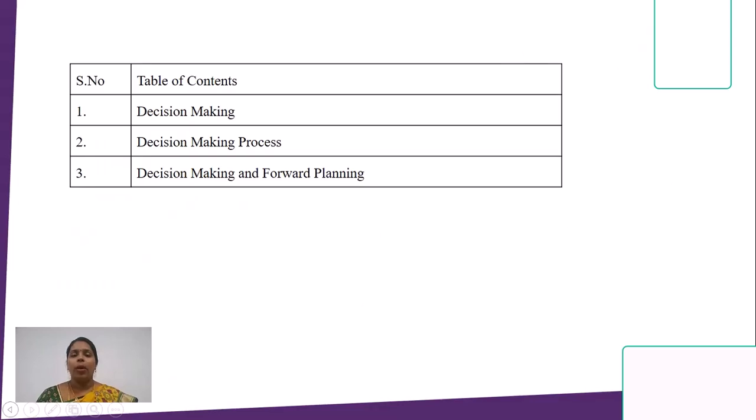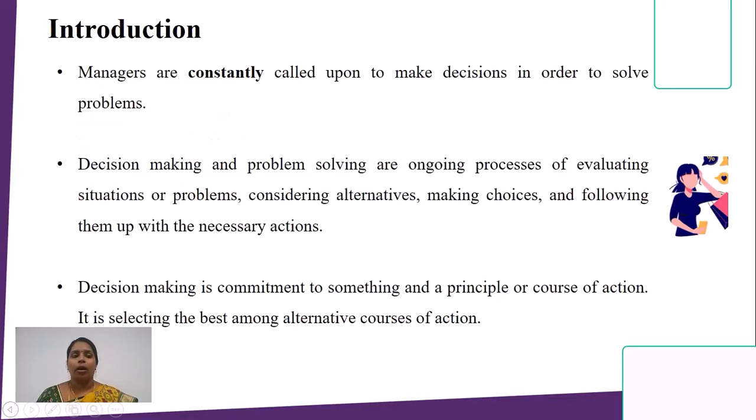In this lecture, we are going to see about decision making, how a decision making process should be, decision making and forward planning. Decision making. Managers are constantly called upon to make decisions in order to solve business problems. In business, every day a manager has to face n number of problems, that too different problems. Decision making and problem solving are ongoing processes of evaluating situations or problems, considering alternatives, making choices and following them